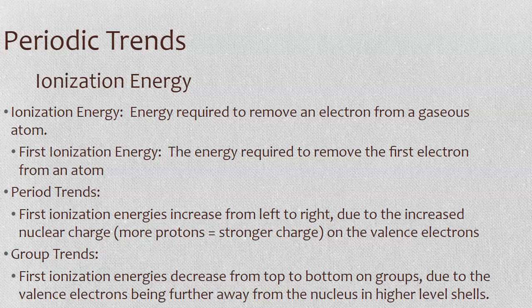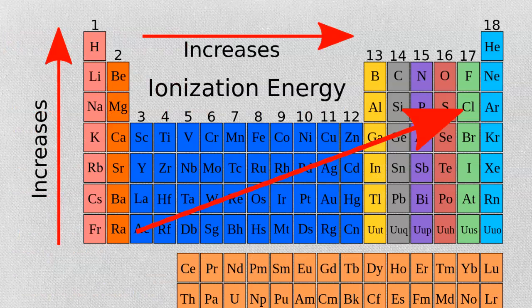The first ionization energy is the energy required to remove that very first electron from an atom, versus ionization energy, which is the energy required to remove any electron from a gaseous atom. The trend is that the first ionization energy, as well as ionization energies, increase from left to right and decrease from top to bottom. That means if you're looking at the periodic table, francium has the least ionization energy,